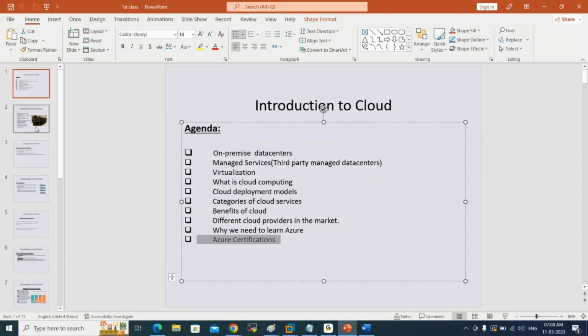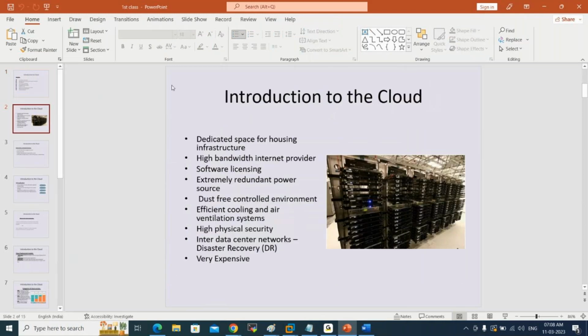Then let's talk about on-prem data centers. First, there are many challenges for anyone to maintain them. They get more control over their infrastructure, but the operations cost is very high. So first thing is they have to identify a dedicated space where they can host the servers, which is safe against natural calamities, or any unexpected events. It can be an earthquake, or a flood area that should not be hit by floods. Or they investigate the area where they place the data center, which should not be disturbed